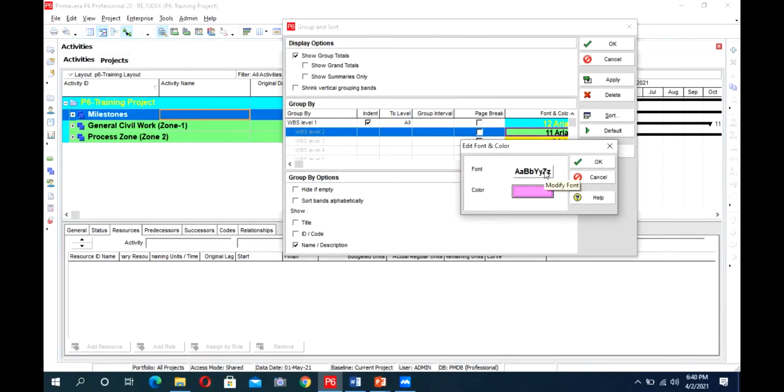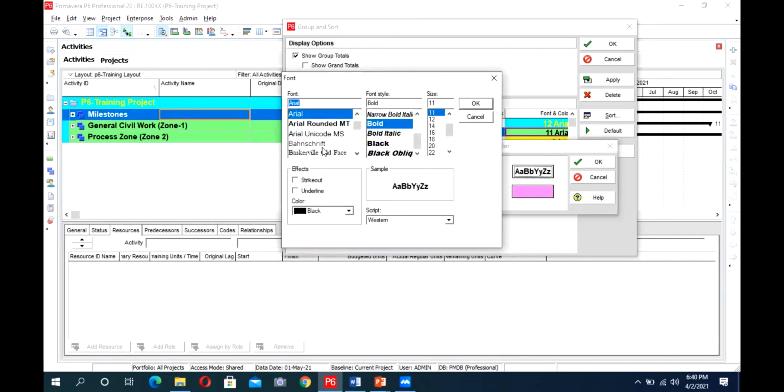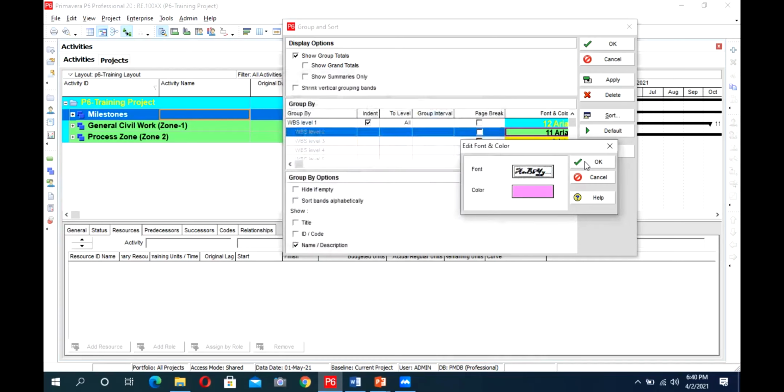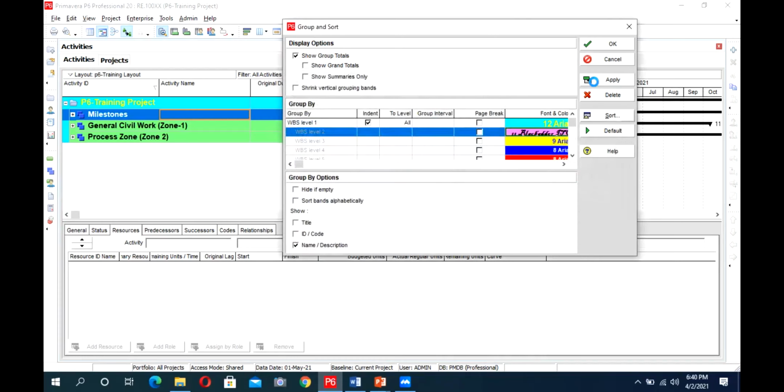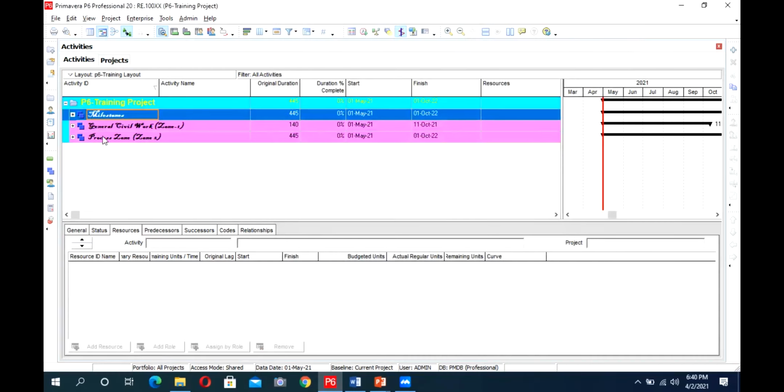Even you can change the font size from here, and what type of font you want to use. I will also change the font color and make it a little different. This one. Okay. I will press OK. Apply. You see this color has changed, and the font size and font style also changed.